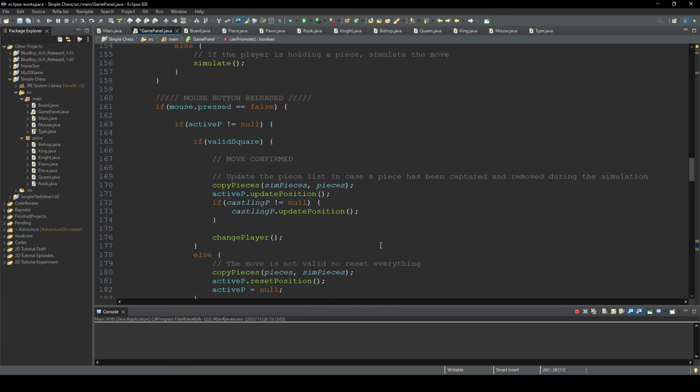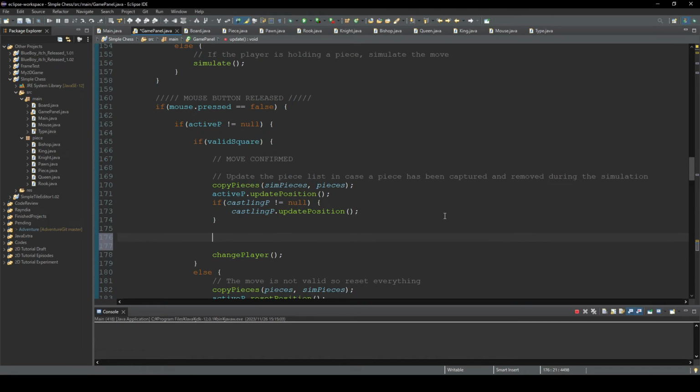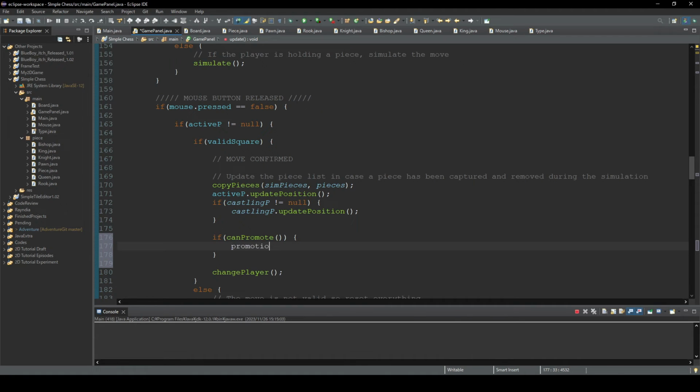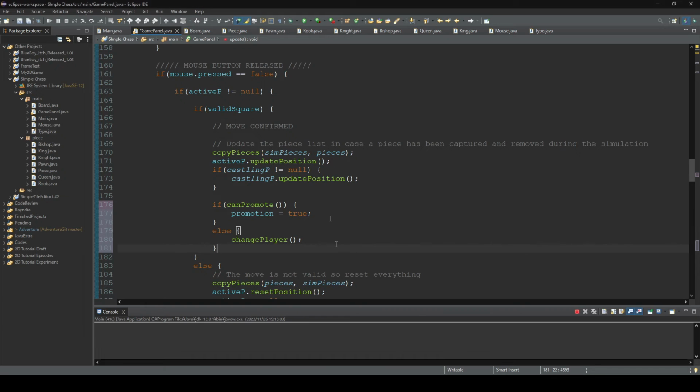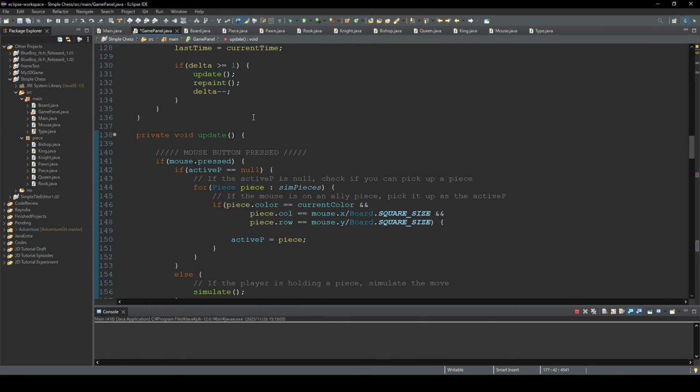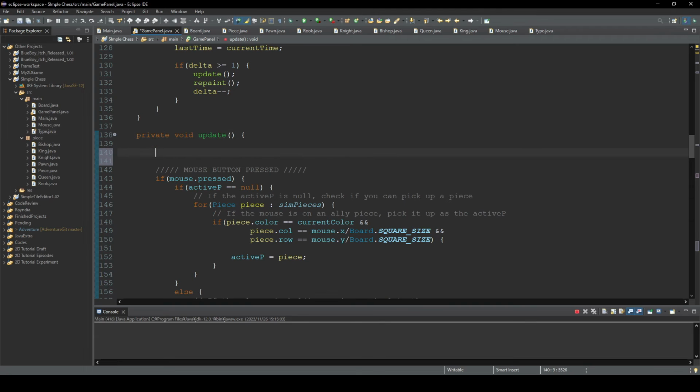when the player confirms their action, we call the method. So before changing the player, if canPromote returns true, then promotion is true, and else then we can change the player. Okay, at the start of this update, we check if this promotion boolean is true,